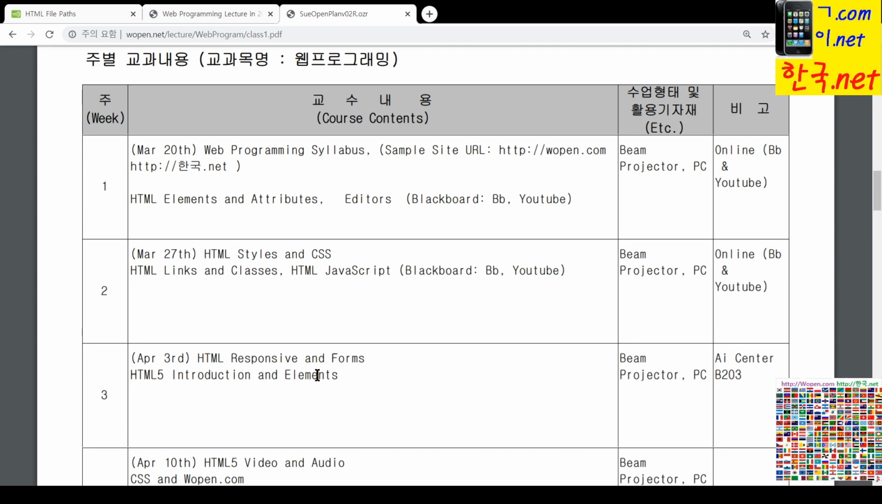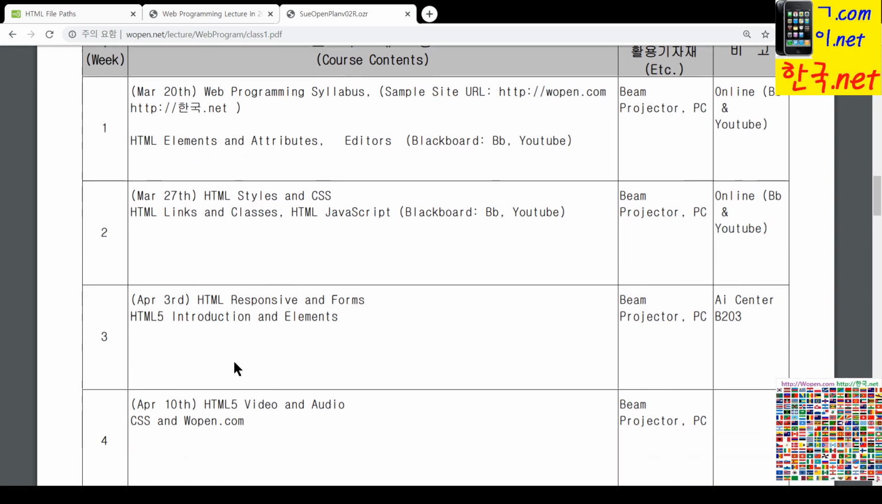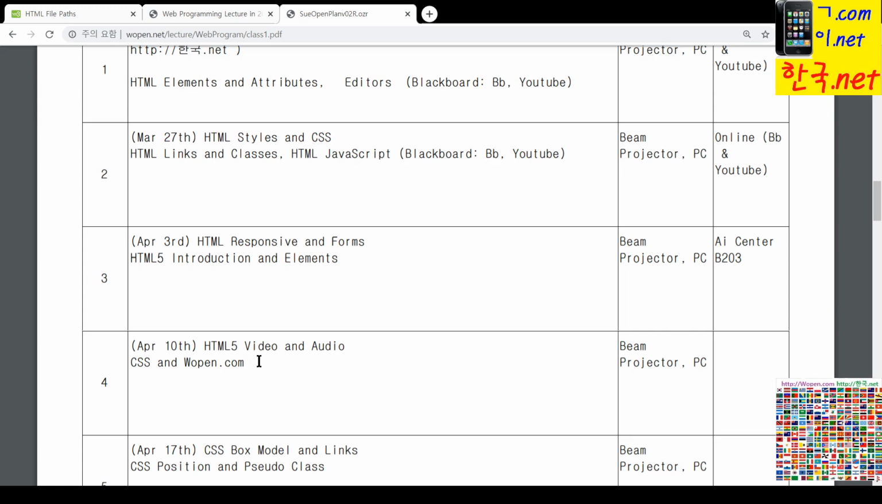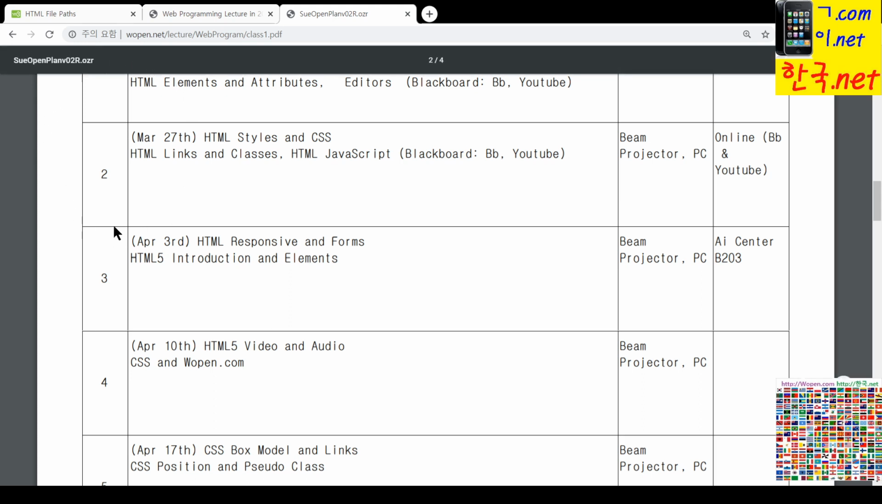We are learning HTML responsive and forms, and still we are learning HTML5 introduction and elements, and those concepts we are learning. After that, in the first week probably, we learn these chapters, sections, and we'll complete HTML5 until first week. This is April 10th. After 2 online lectures, after that we will do our normal offline lecture, but I am